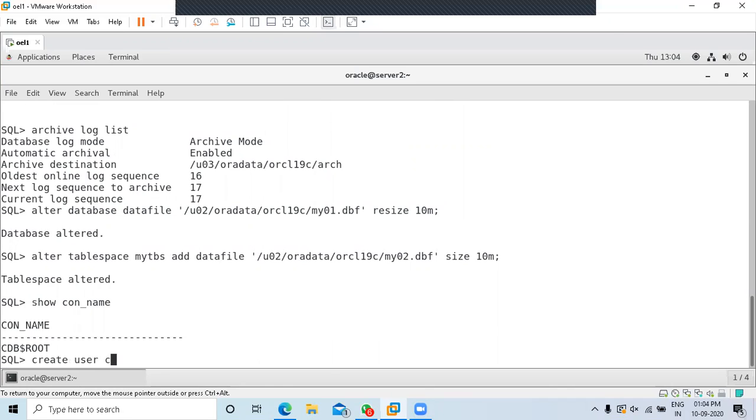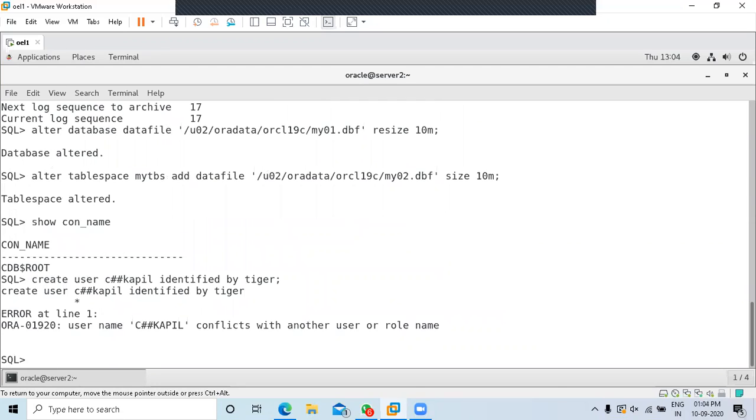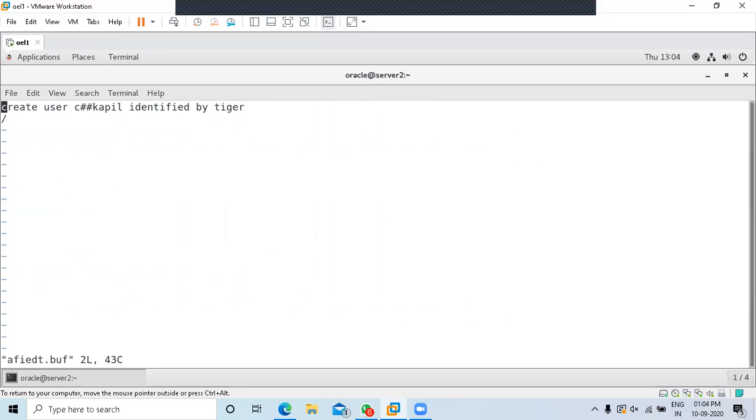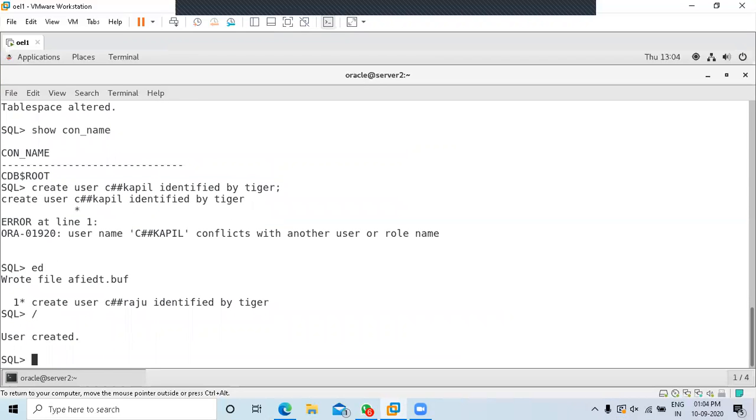Create user C##, identified by tiger. Already there is a user with that name, so change the username. Let's call it C##Raju.